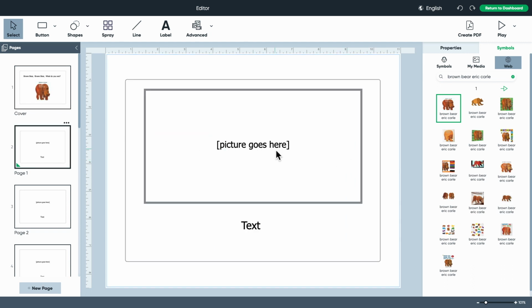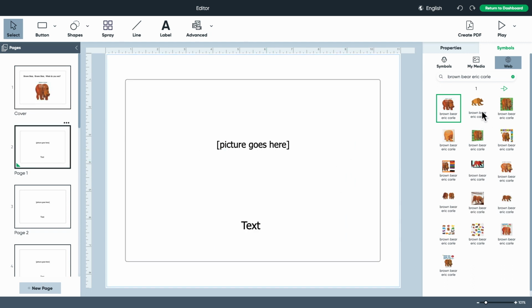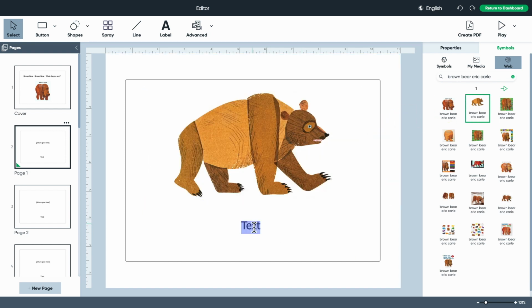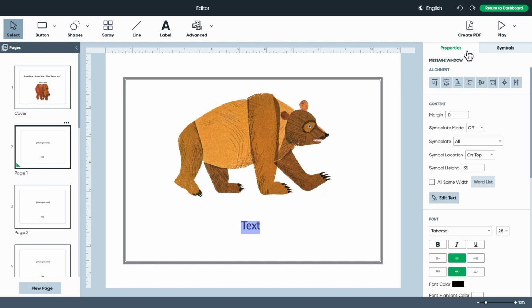For the next page, I already have my pictures up and I know I want a picture of a brown bear for page 1, so I'll click on it and drag it here. Then for text, I'll go back over to Properties, which gives me my text options, and I can type in the first line of the book, brown bear,